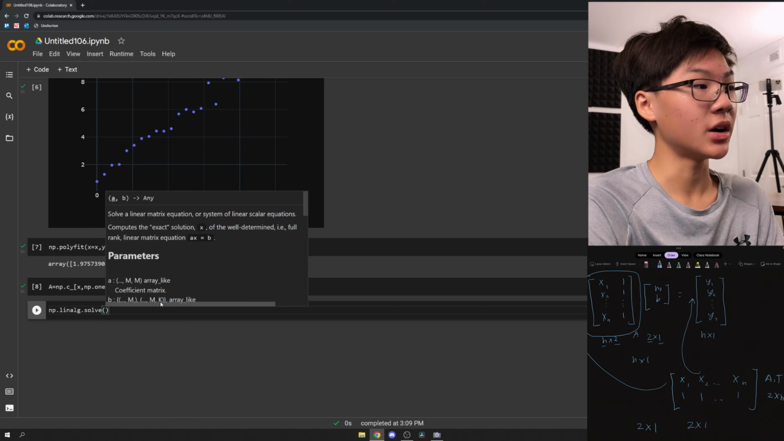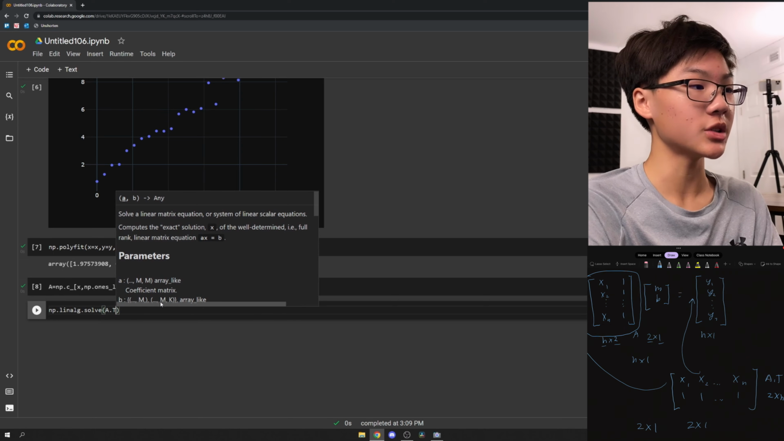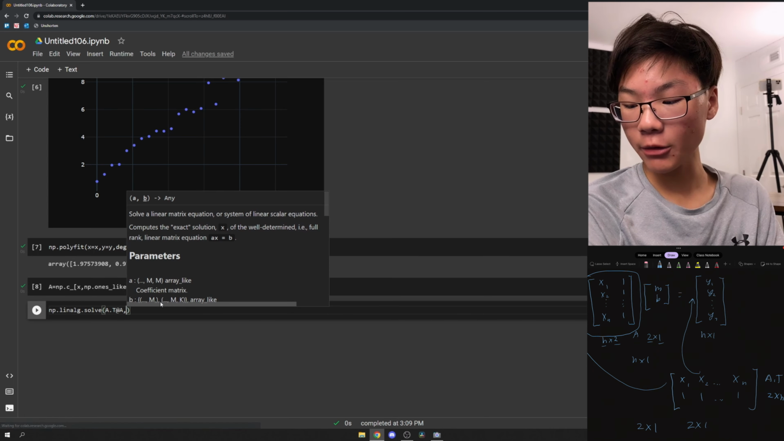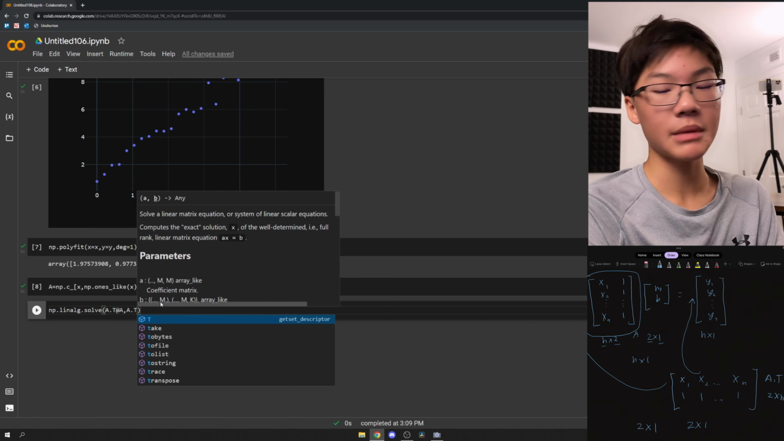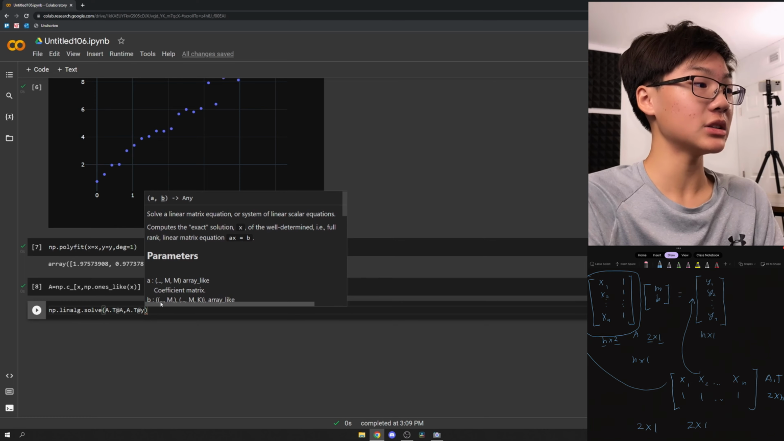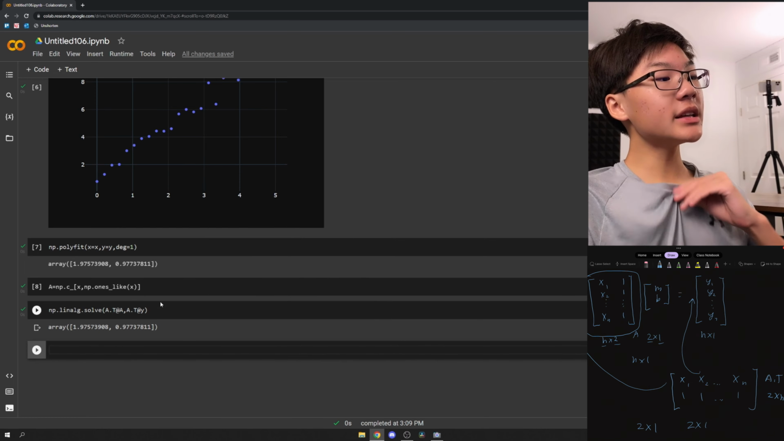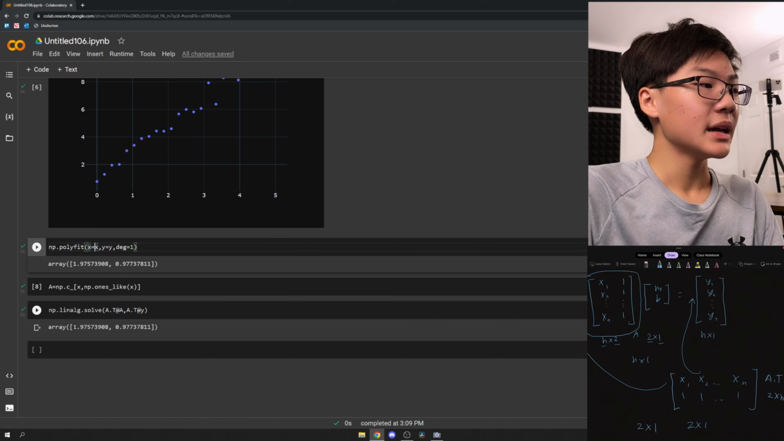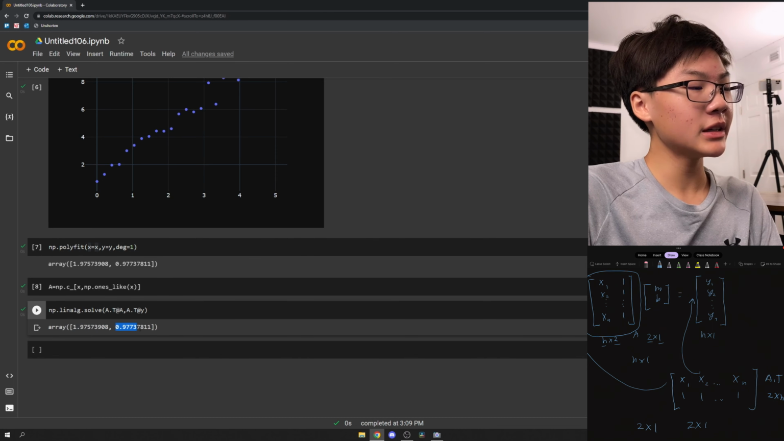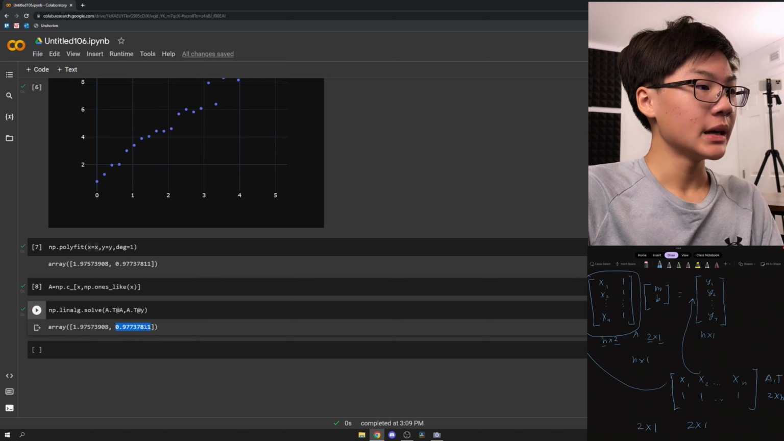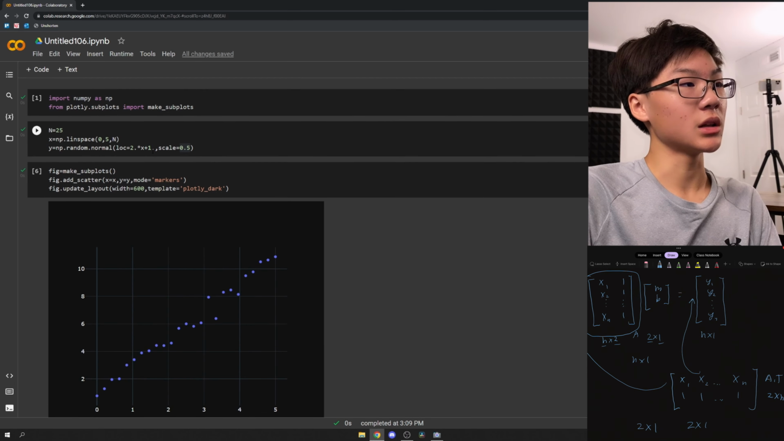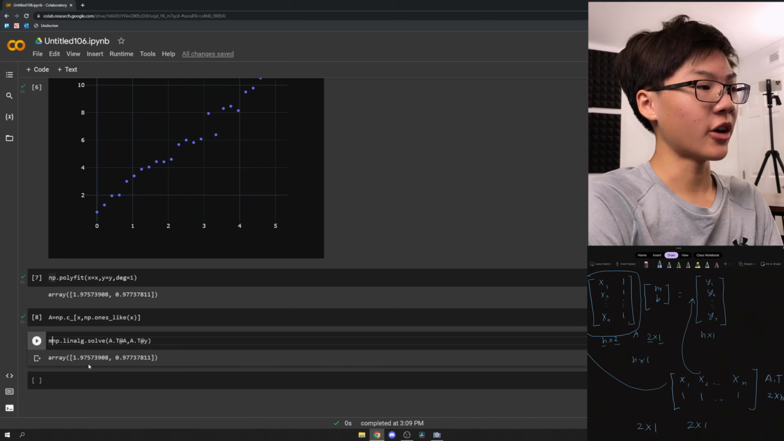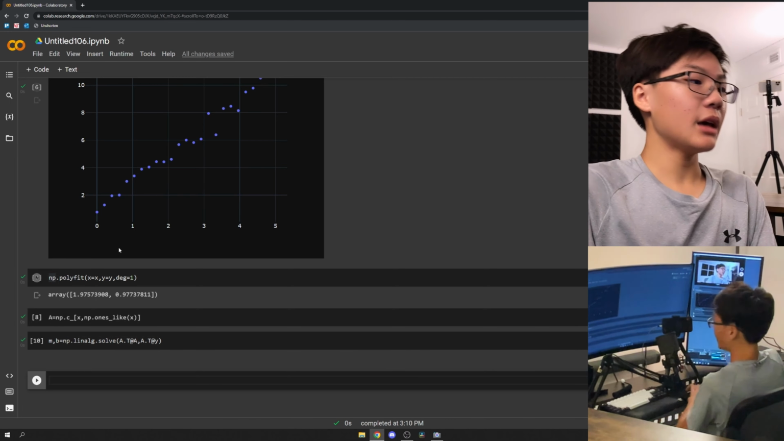numpy.linalg.solve, we're going to set our left-hand side to the transpose of our design matrix, matrix multiplied by our design matrix, and on the right-hand side we're going to have the transpose of our design matrix, matrix multiplied by our y values. Shift enter, and notice that now this gives us the same values as if we used the polyfit function, and this would give us 1.97 and 0.977, which are going to be the estimated values for our slope and intercept. So now we could unpack this into the variables m and b, and we could plot the